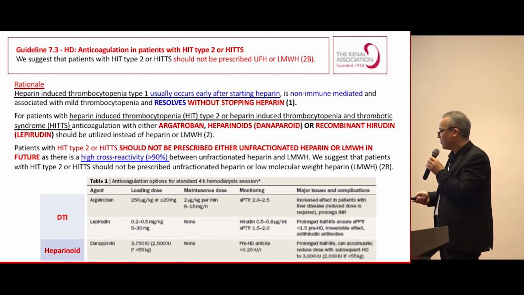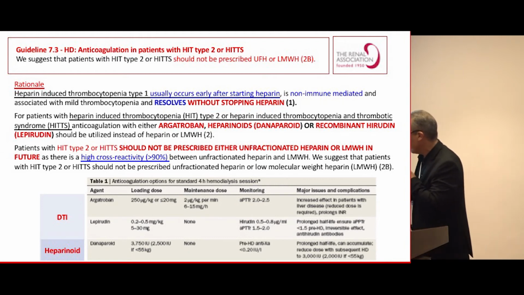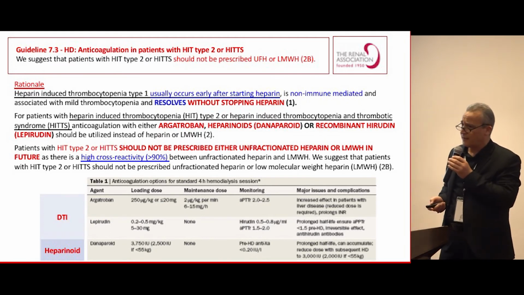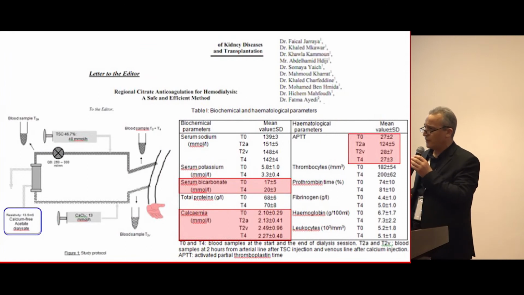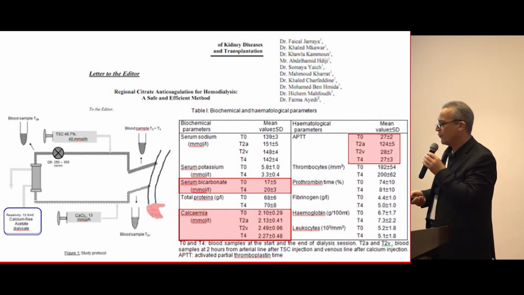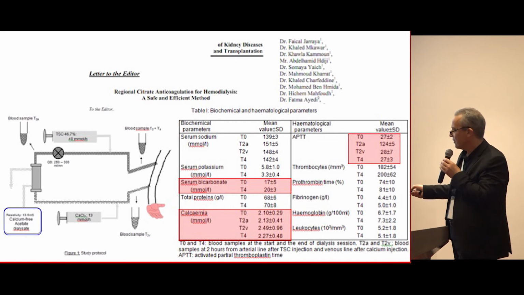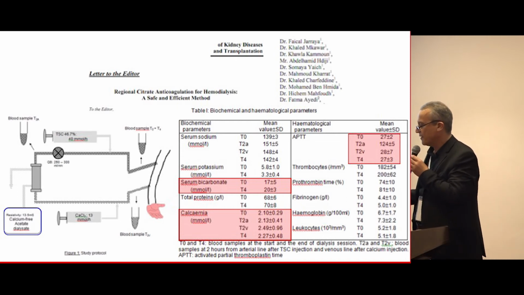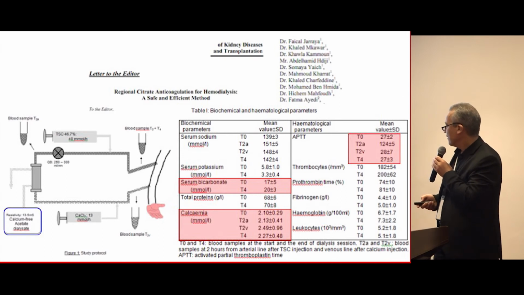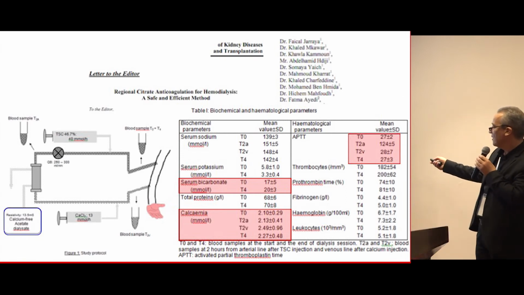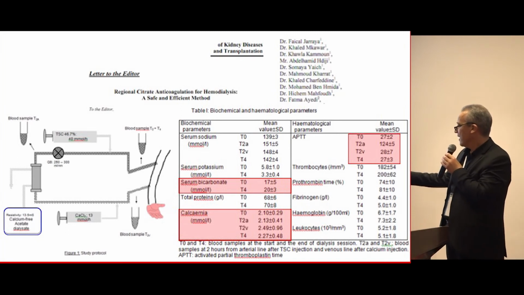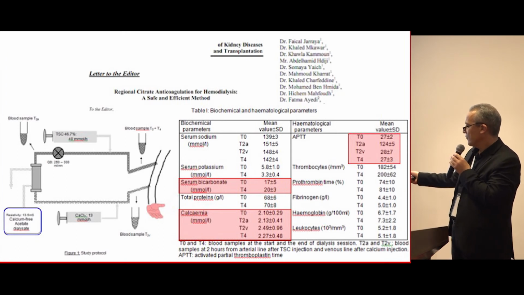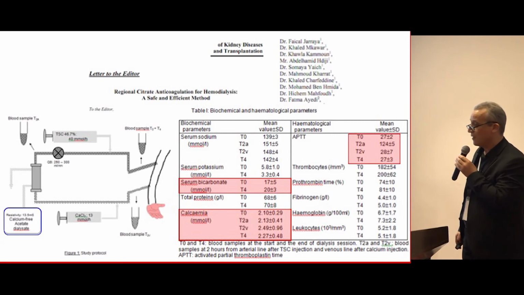We used it at that time, because this is an old study, with acetate dialysate, not bicarbonate, because the problem using citrate is alkalosis and hypocalcemia. And as you see, when you use acetate as a dialysate, it is very effective for the regional anticoagulation, but also we don't have an increase in serum bicarbonate, otherwise we start a little bit low, and we don't have a problem of hypocalcemia in our patients.